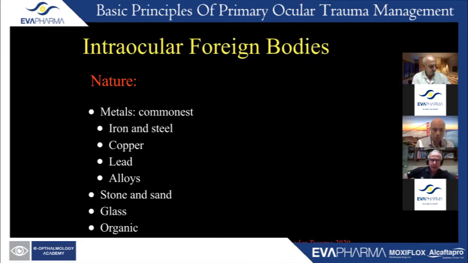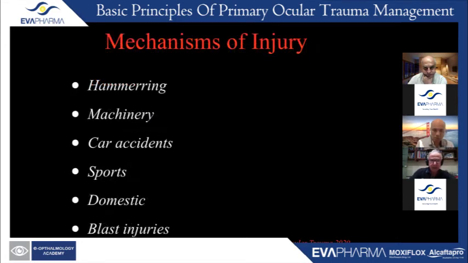And occasionally we see stone and sand in blast injuries, particularly those working in quarries, or war injuries, and glass due to car accidents. And sometimes, rarely, we see organic intraocular foreign bodies related to plants or some of the organic injuries. In most of the cases, this is related to